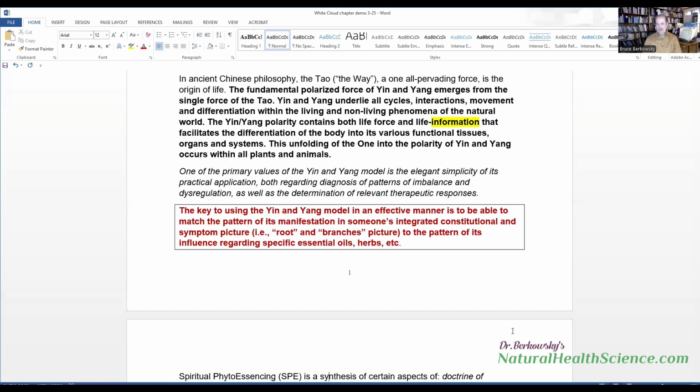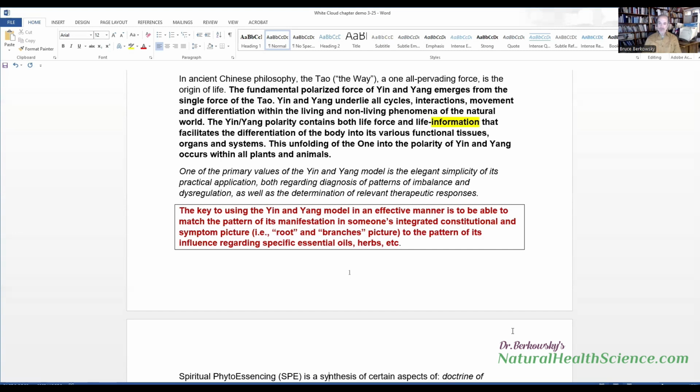What does that mean? Root and branches picture. Well, you have a deep case and you have some type of a superficial case that's going on at the moment. So let's say right now you're suffering from some type of low back pain and you're having a urinary infection, your digestion is off, you're not sleeping well. Those are branches. Those are just branches. Branches of what? Branches of the root. The root disorder, what's going on?